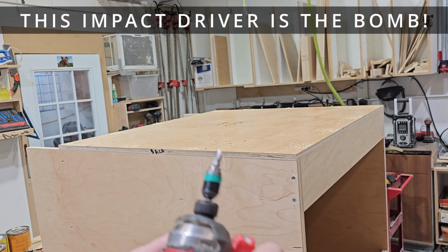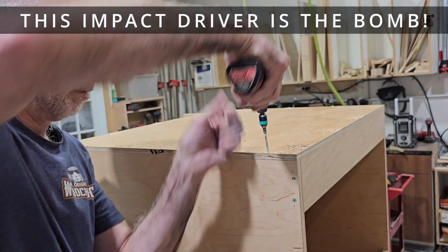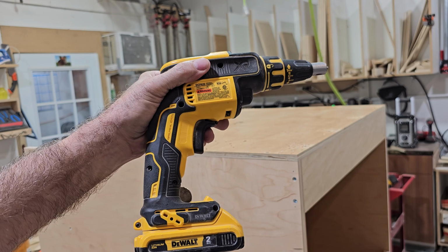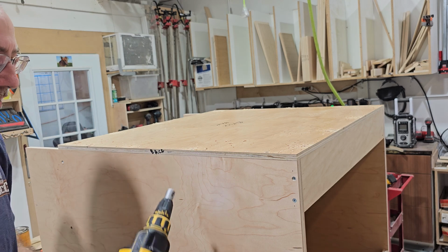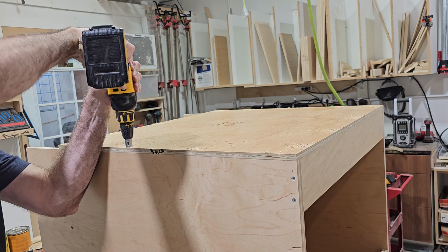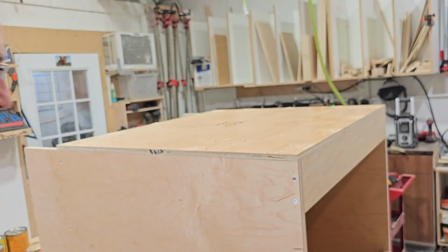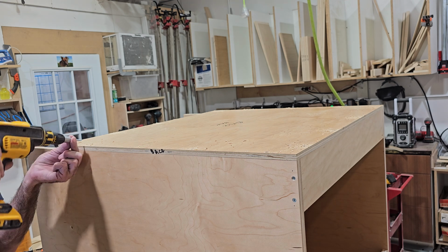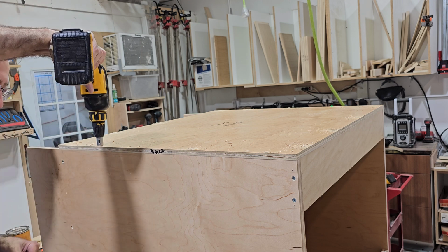You can use one of these, an impact driver, or you can use this, which is a drywall screw gun, but it goes really fast. I'll show you. See, it seats at a certain distance down, and it's meant for drywall, where you don't need a countersink. But in wood, I will countersink on my backs, of course, because these screws need countersinking. And then I go stab it all the way in,